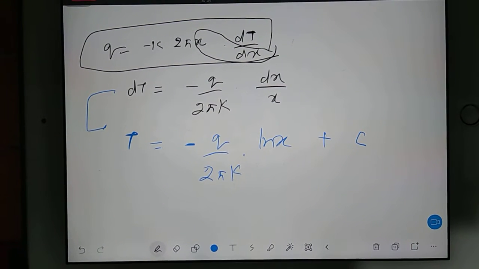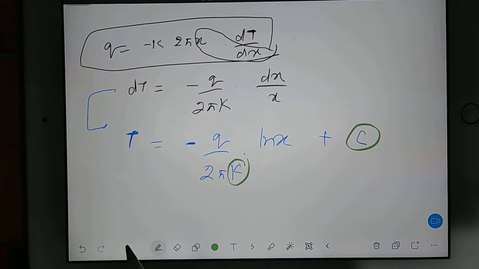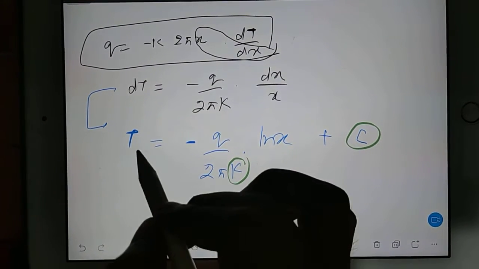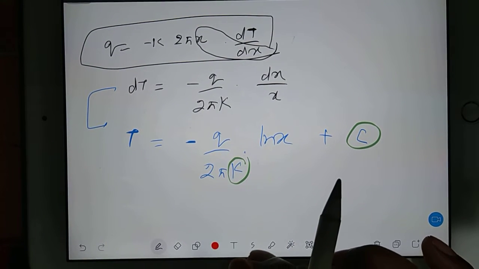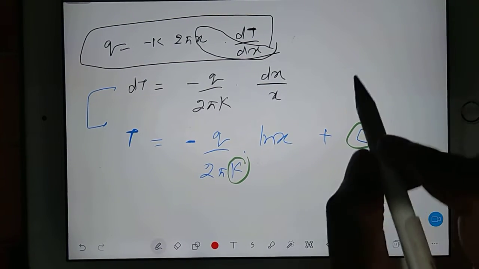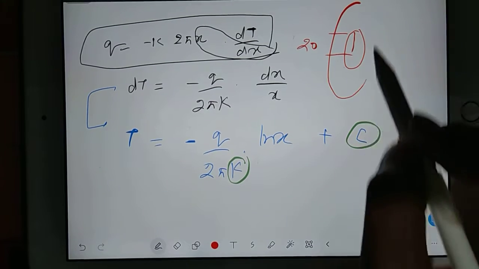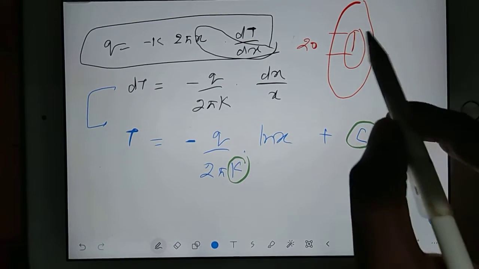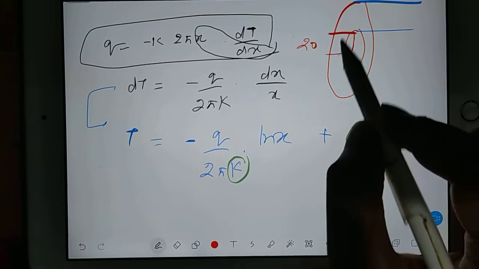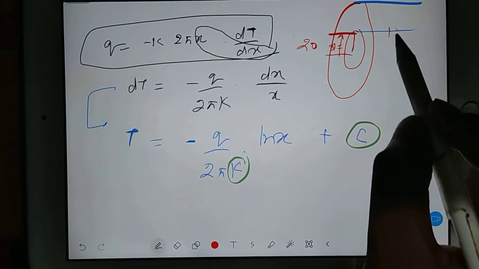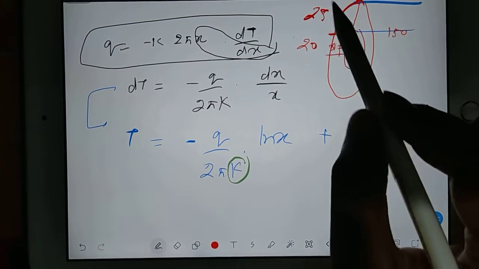Now you can see in this equation again I have two different constants, one is k here and one is c here. Values of x are mentioned. So the diameter of the pipe was 20, correct? If I have this kind of diagram, this is inner and outer. So exactly at x is equal to 20, I have temperature 150, and exactly at x is equal to 25,